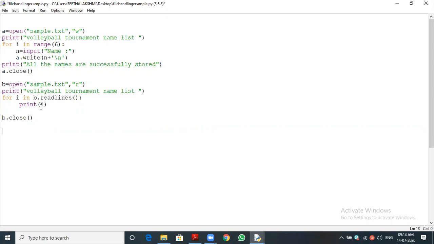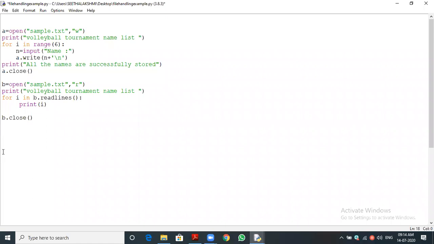Okay, what will be in the I value? The first line will be assigned to I. Likewise, with a list, for example, if the list contains 5 elements, the 0th element will be assigned first, then the first element, then the second element. Likewise, all the elements will be assigned. Can you catch my point? Is what I am explaining understandable?